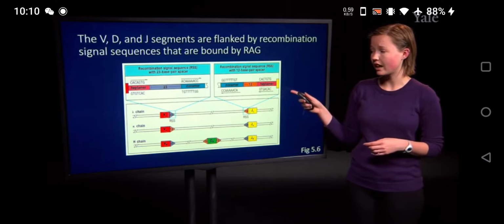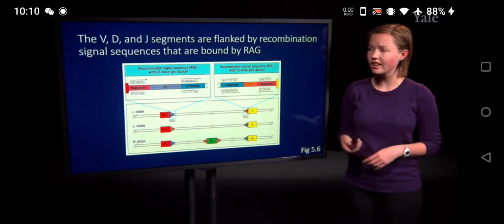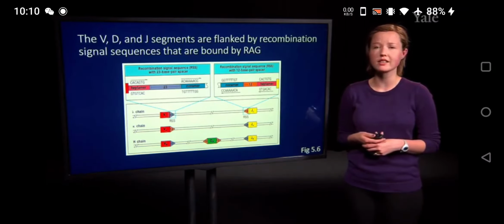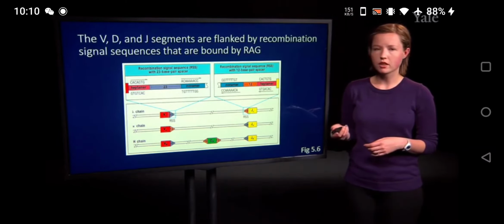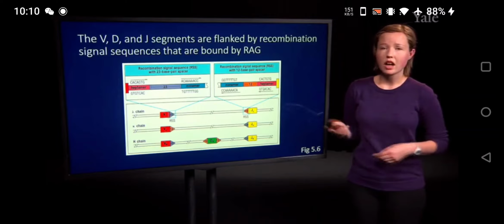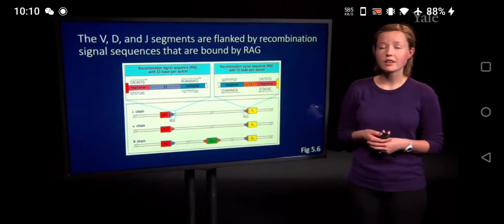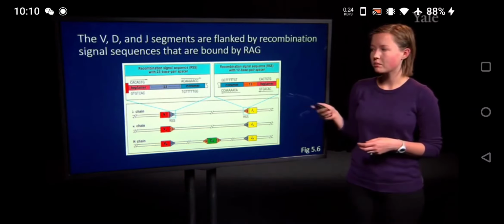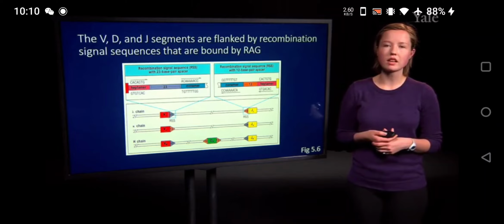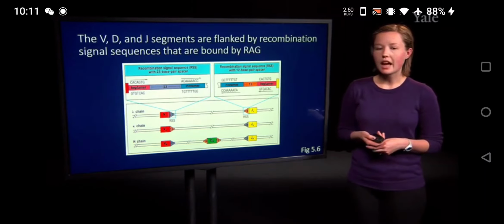And in the 23 RSS, there are 23 base pairs that are separating the heptamer and the nonamer. And the reason that they're not listed out here is that there actually isn't a specific sequence for the 12 and 23 RSS. It can vary. But the heptamer and the nonamer need to remain relatively consistent to allow the binding of this particular protein endonuclease